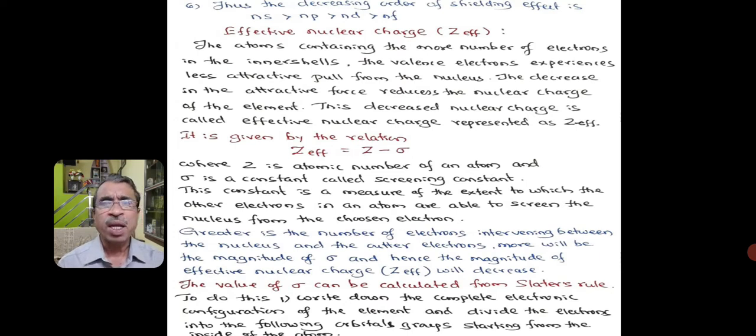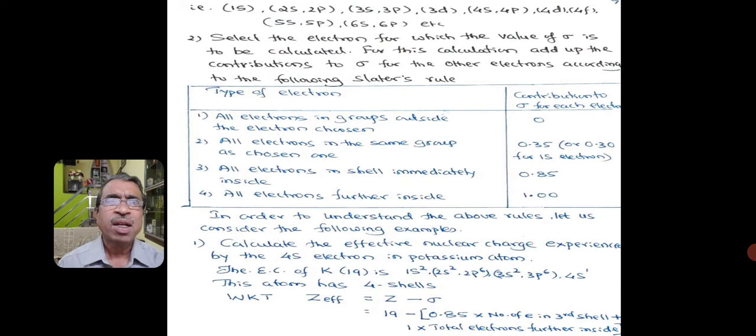Write down the complete electronic configuration of the element and divide the electrons into the following orbital groups starting from the inside of the atom: 1s, 2s, 2p, 3s, 3p, next 3d, next 4s, 4p, next 4d, 4f, 5s, 5p, 6s,